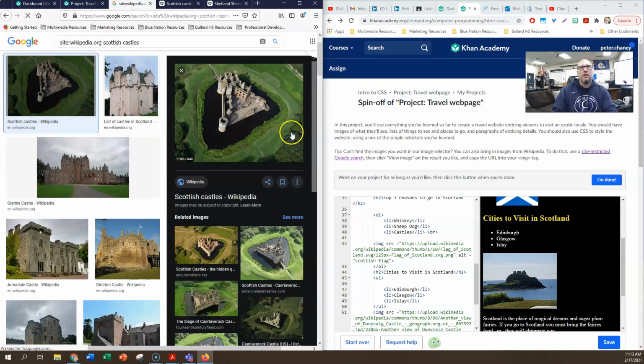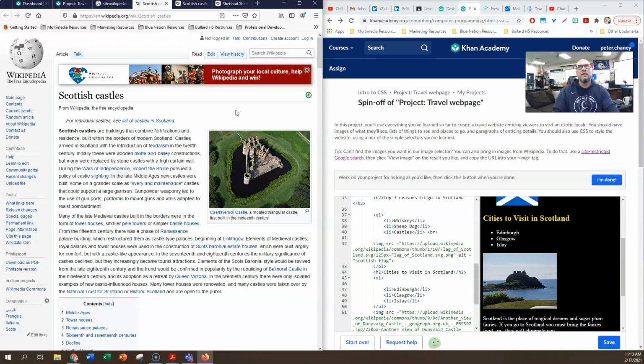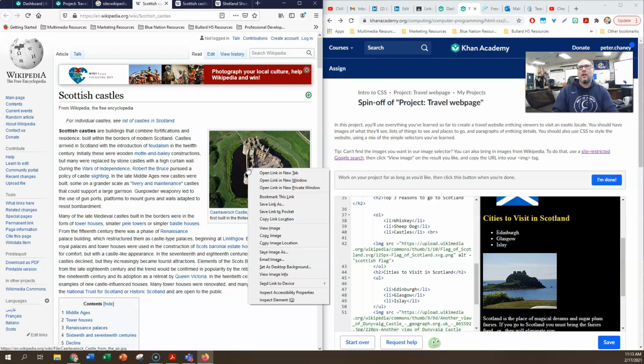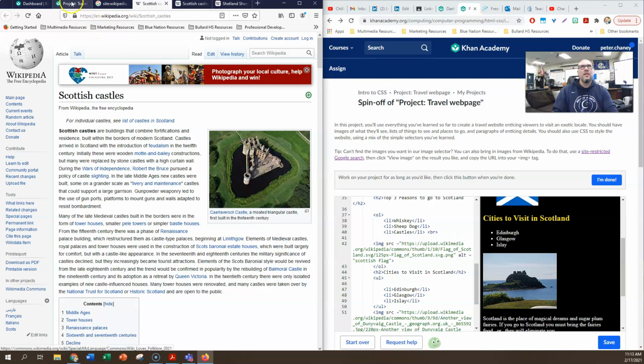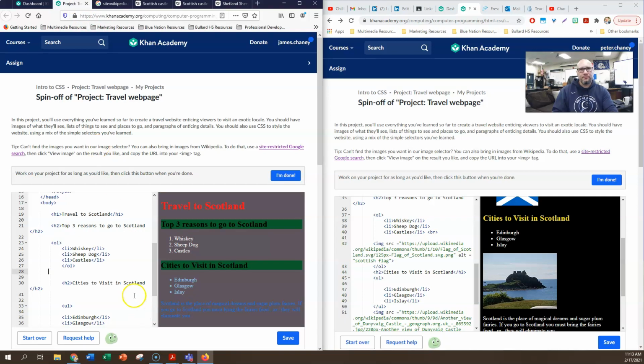Now here's the most important part: you have to click on the picture to go into Wikipedia. That way they know you're in there, and you have to access the picture from inside of the Wikipedia website. Otherwise this won't work. So you right click, you copy image location like so, you go back to your coding,